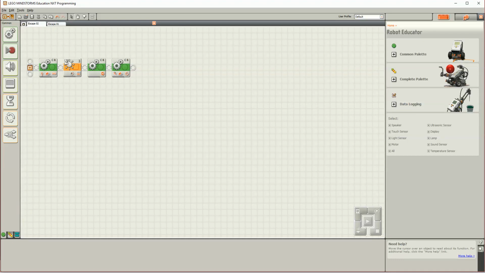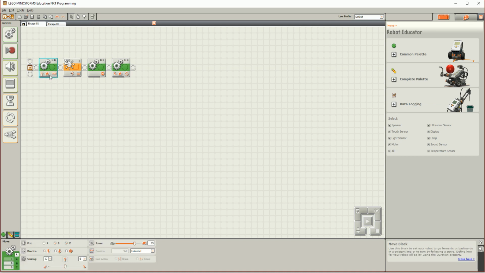Hey, here's Mr. Willis, and I want to show you how to use a loop when you're programming your Lego robot. Very, very useful tool. So I've put together just a couple basic instructions, which if you're this far in the assignment, you should already have an idea. Basically, I'm telling my robot right now to just move forward continuously, that's what that infinity symbol